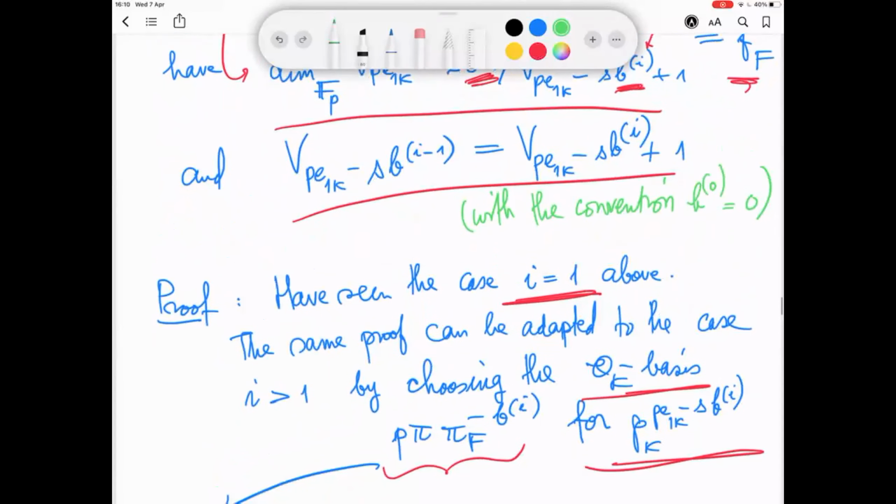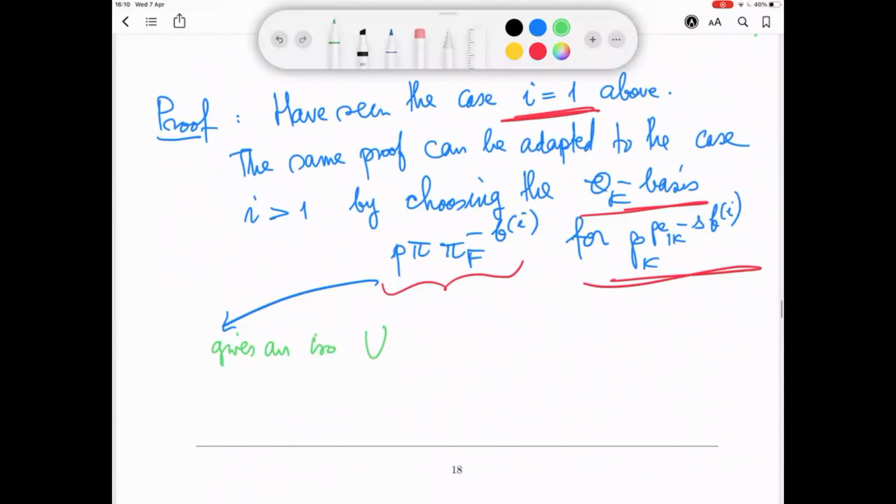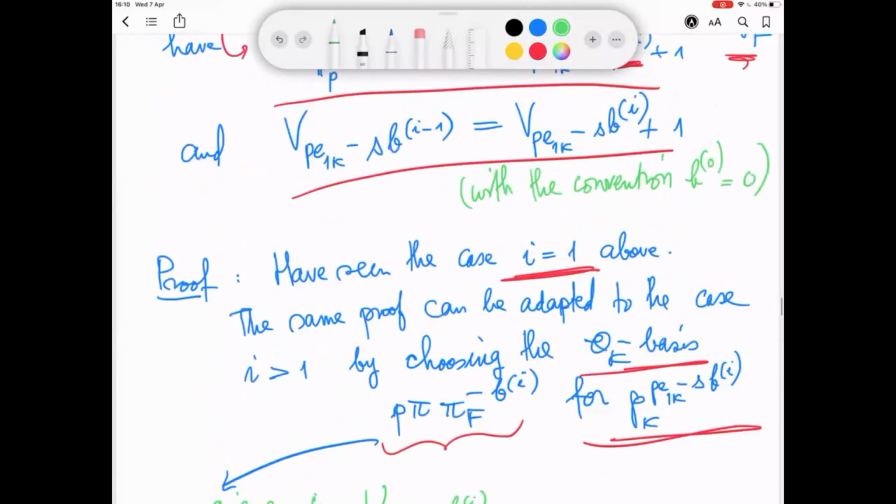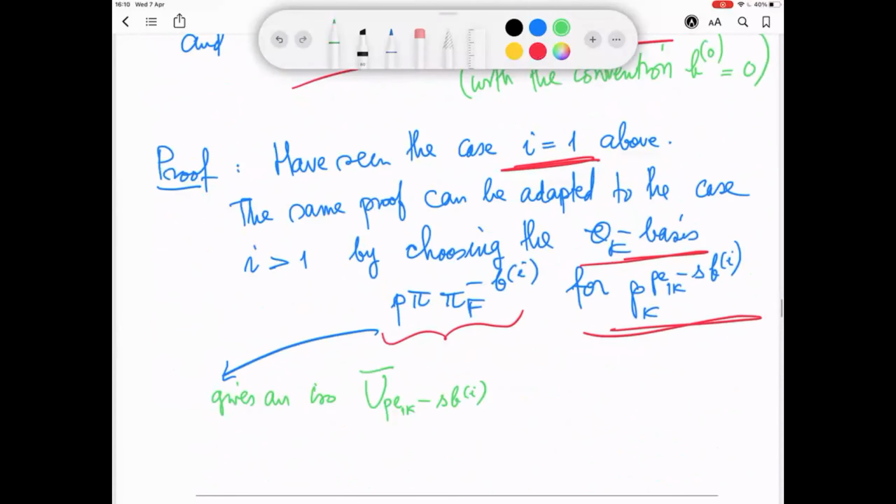I think it should be U PE1K minus S times B to the I, right? That's the one. That's it. Bar. Modulo the same thing, PE1K minus S times BI plus 1. So it gives an isomorphism of this with KK,